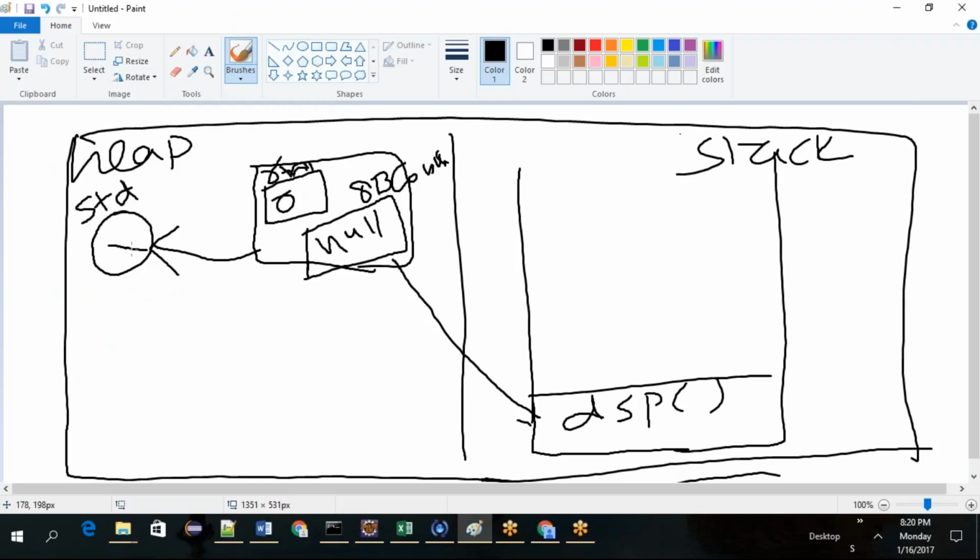So with this, what we understand: all the objects, all the class variables will be loaded into heap memory. All the methods and local variables.